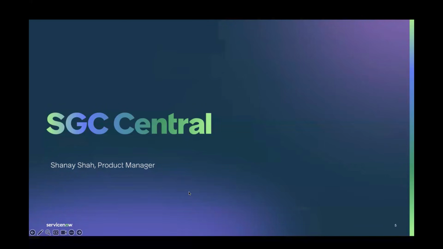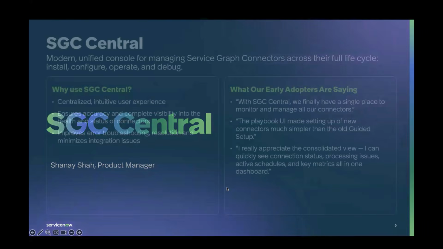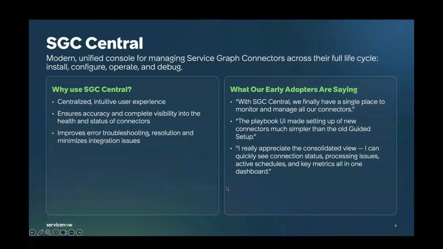Hello, welcome everyone. I'm Shanai, Inbound Product Manager at ServiceNow, and I'm excited to introduce you to SGC Central, our new comprehensive solution designed to help you manage your Service Graph connectors. If you're new to SGC Central or if you have installed it but aren't sure how to use it, this demo is for you. We'll go through the common use cases, best practices, and tips to help you get value